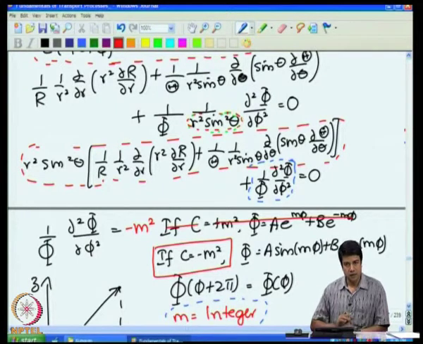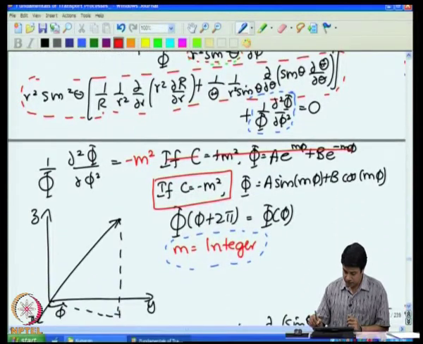However, in Cartesian coordinates we got discrete eigenvalues because we had homogeneous boundary conditions in one particular direction. The value of the concentration at 0 and at some particular length L had to be 0, and on that basis we got discrete eigenvalues. In this particular case, we get discrete eigenvalues from a symmetric consideration, that is that if I am at any